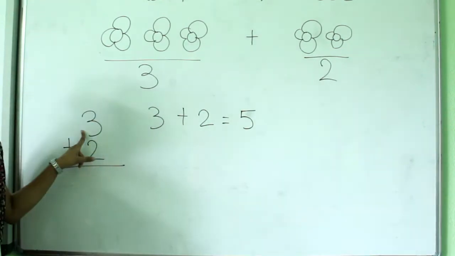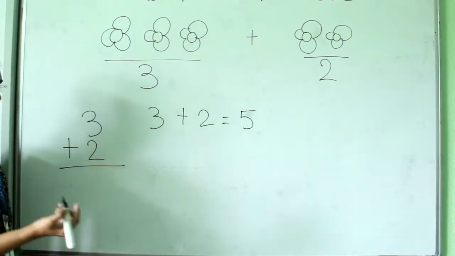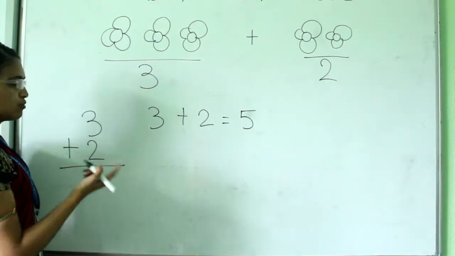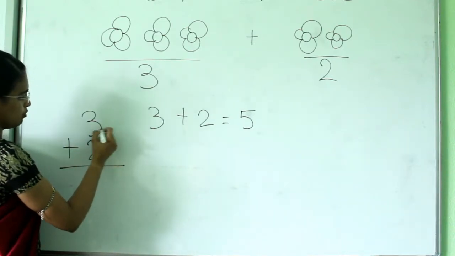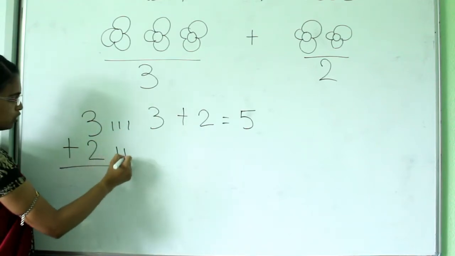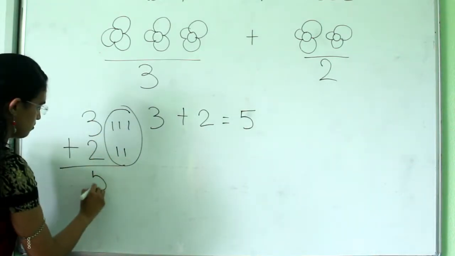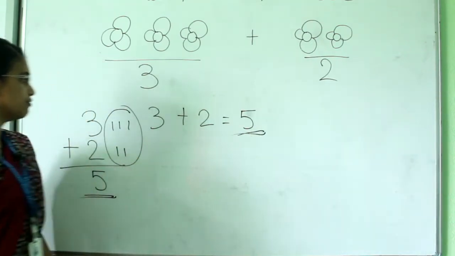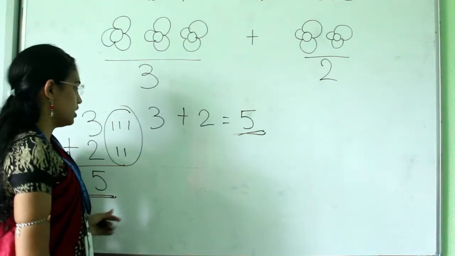Now we can do this sum in another way, like this. So what is written here? 3, then plus, then 2. So now you can use your fingers to count, or you can draw strokes. In our previous class, that is in class 1, we have done this type of maths, so I am giving a short revision. So what is this? 3. So 1, 2, 3. Now what is this? 2. 1, 2. Now all together how many sticks? 1, 2, 3, 4, 5. Here also we got 5, and here also we got 5. So these are the sums which we have already done in our previous class.